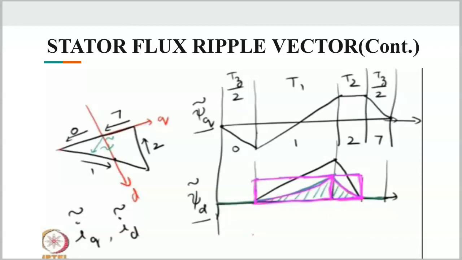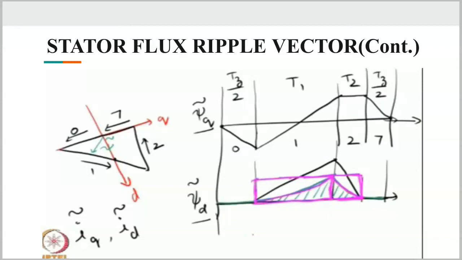When we apply state 7, we have divided that. We can see that when we apply state 7, it goes back to 0. This is the entire subcycle time T. This duration is divided as tz by 2, where we apply the 0 state. This duration is t1, where we apply 1 and it goes back to the positive state. This duration is t2, where it flattens. This is 0, 1, 2 and 7.